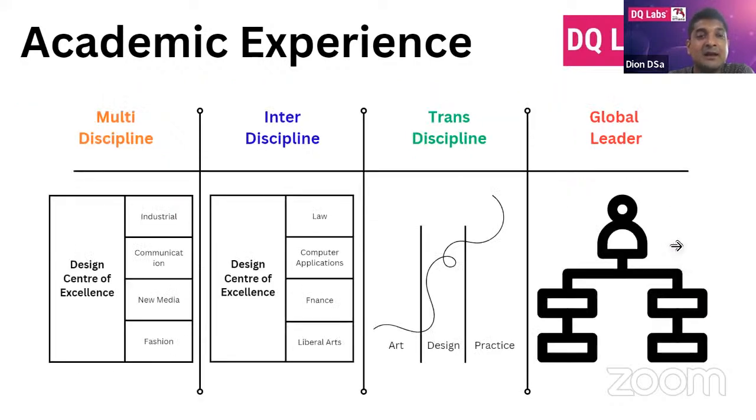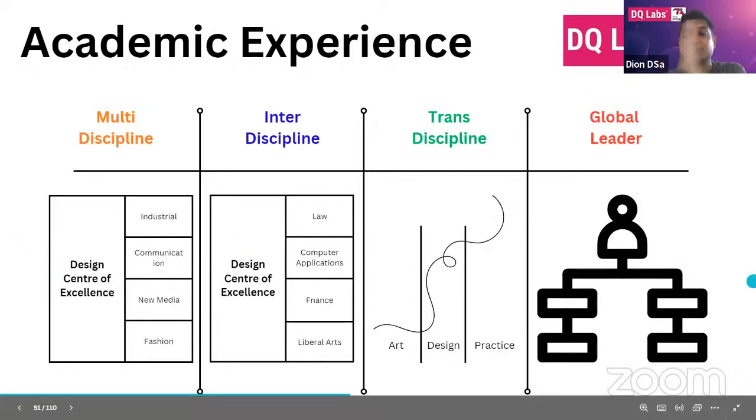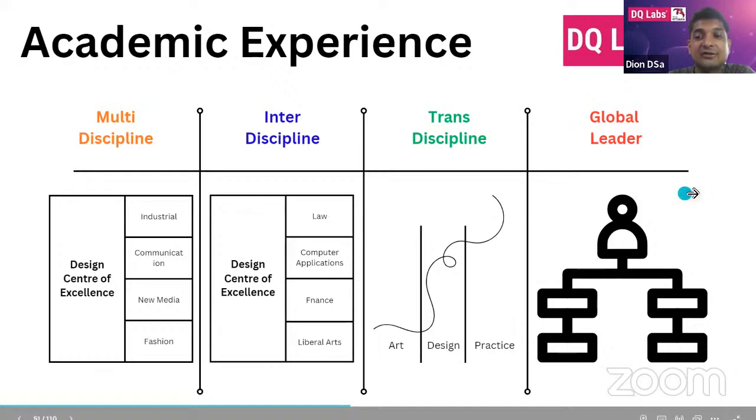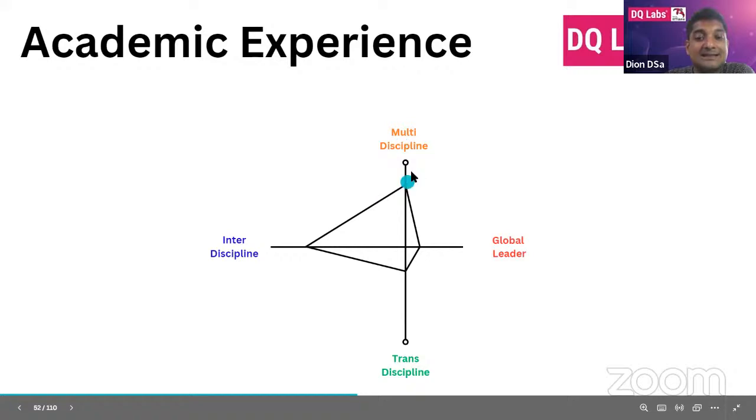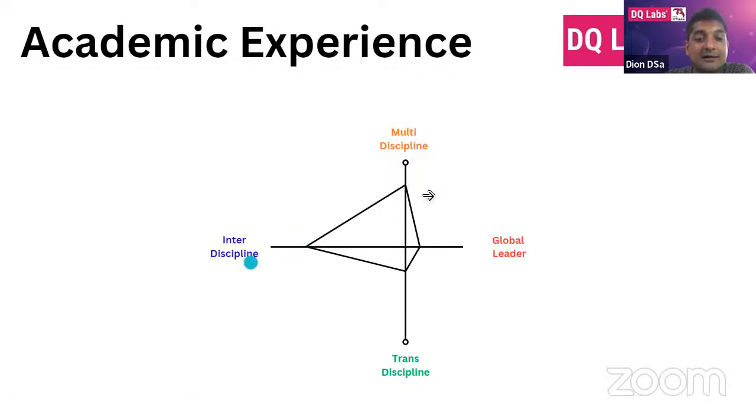So that's the idea. Now, while we talk about these disciplines as unique or silos, the reality is they don't work that way. Every school has elements of all these, right? So it's just that one part of it would be skewed towards one of these, but it would have all these aspects, and you need to choose schools which work for you, right? So I hope this is understood, and that's the heaviest part.